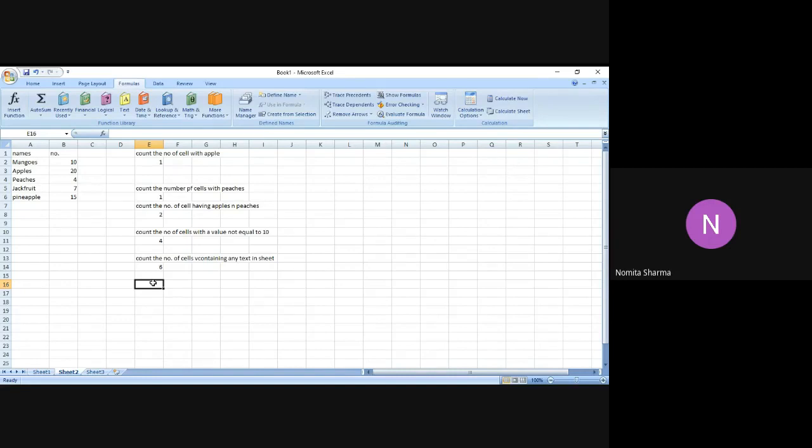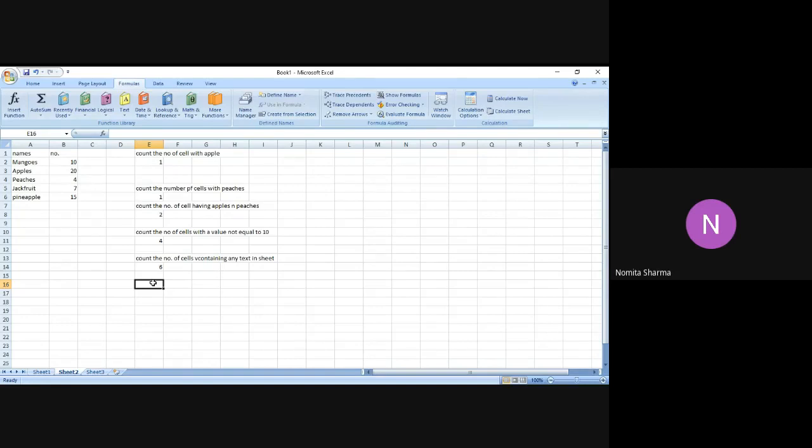So we can also use the sum function within these cases. For example, I want to count whether the sum of the A column is greater than the other column or not. So we can use functions also in the COUNTIF that we can do.